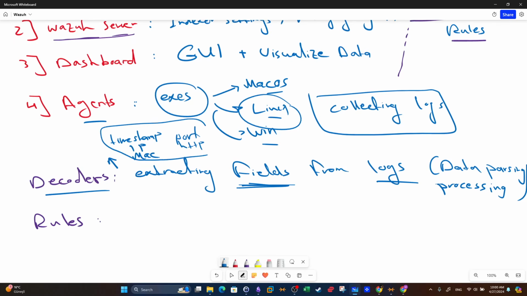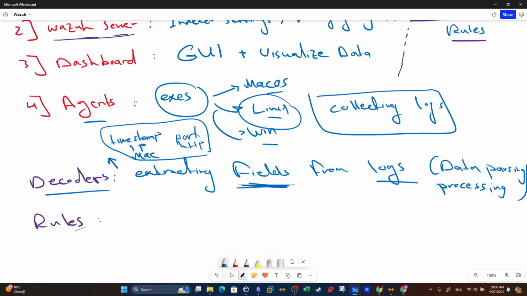That's what's meant by fields. So we extract these fields using the decoders. And of course, there is a way to create custom decoders using Wazuh documentation. By referring to Wazuh documentation, we can create custom decoders to extract specific fields if we have a unique log